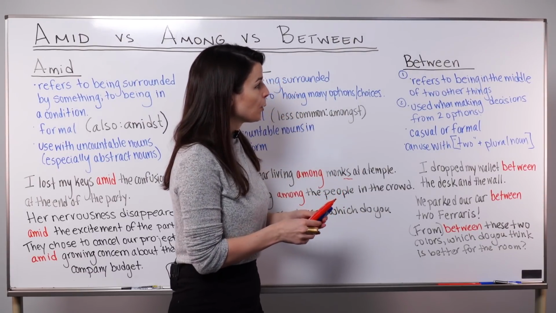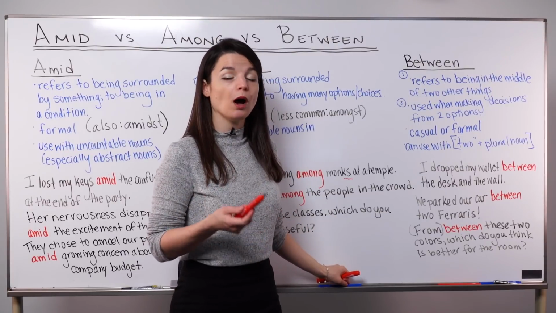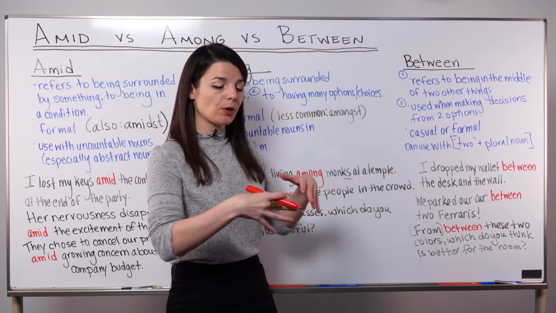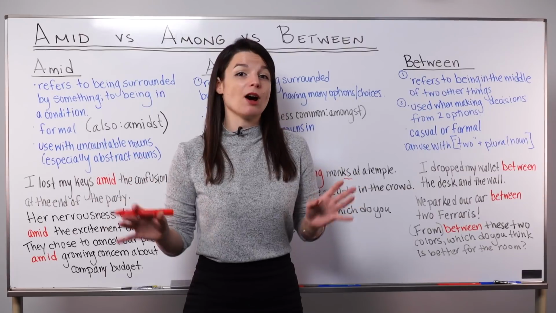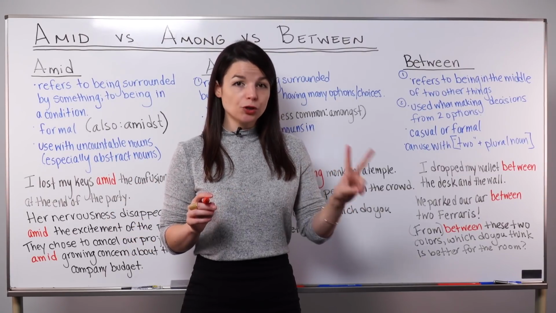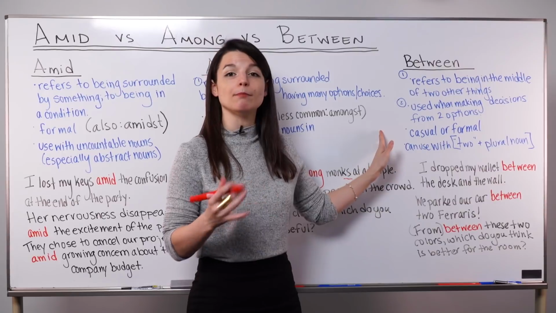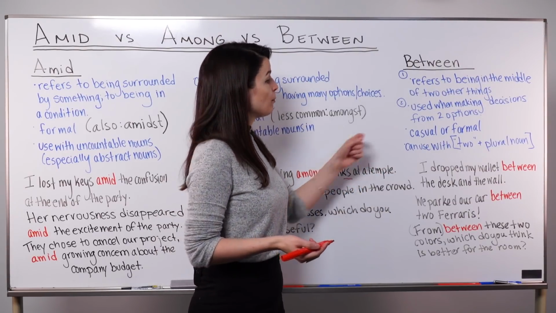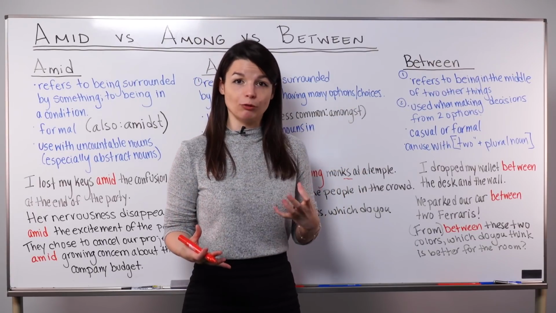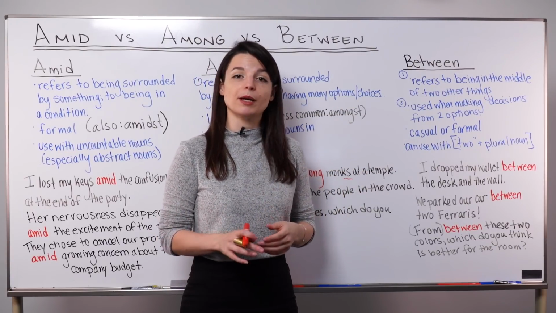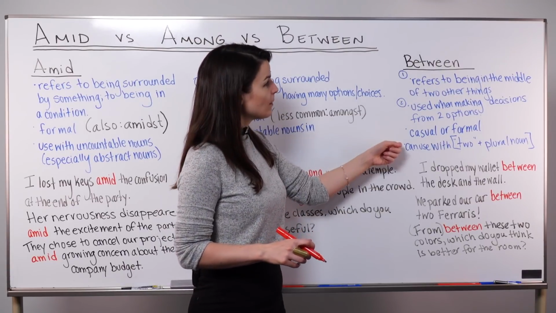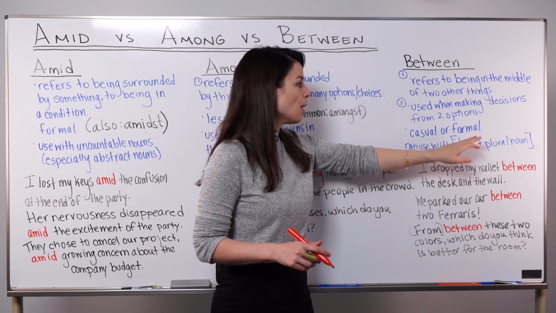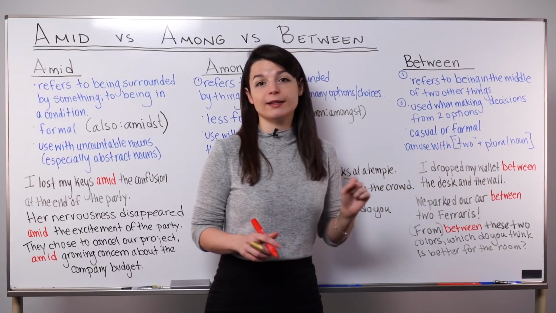Second, we use it when we're making decisions from 2 options. So I mentioned when we talked about among that we use among when we have like a group of options. We have many options. If, however, you have 2 options, you can use between to make the question, to ask about a preference or to ask for a recommendation. So between can be casual or it can be formal. It just depends on the situation. It depends on the conversation. And something special about between, we can use between with this pattern, this to plus a plural noun. I'll show you an example of this.